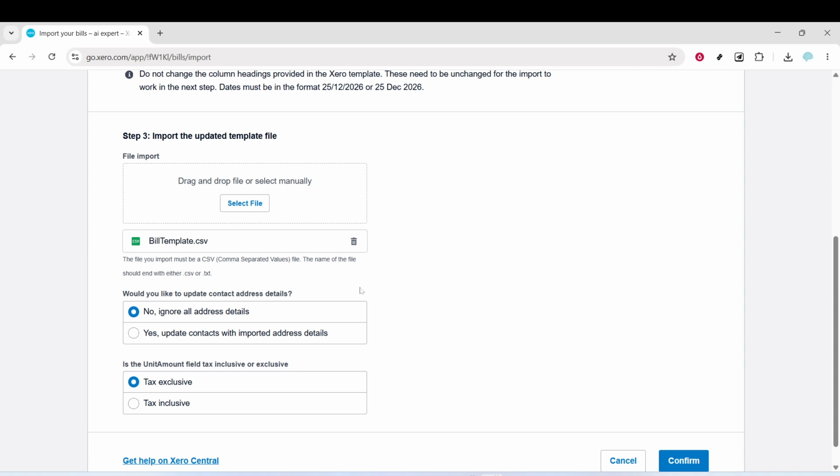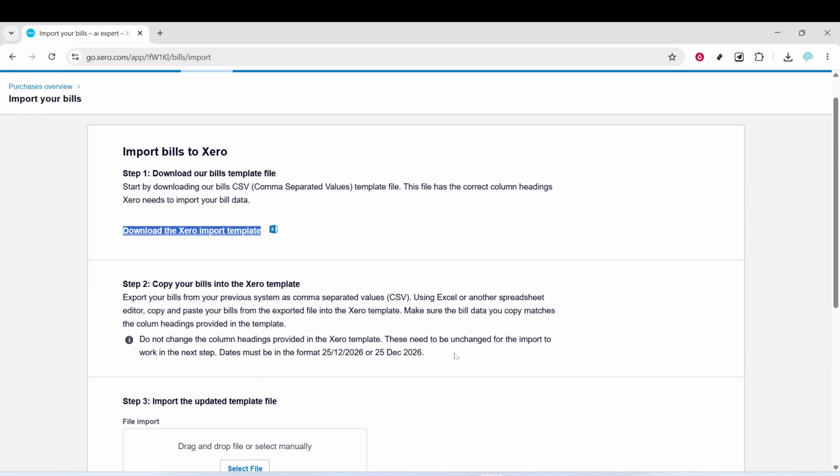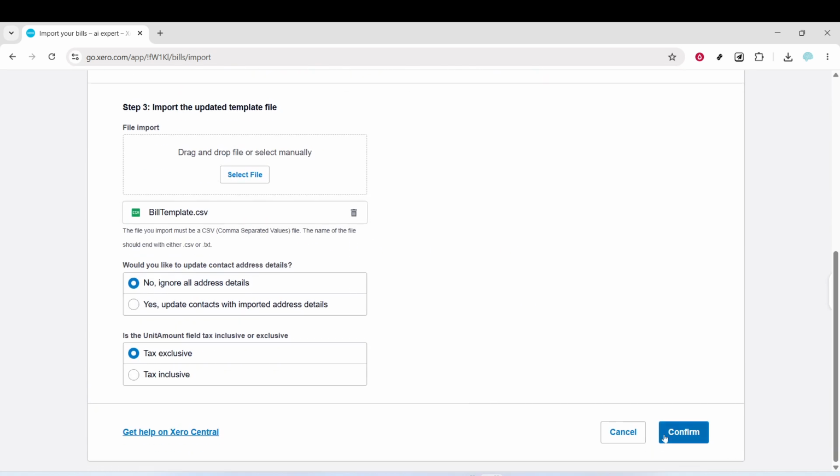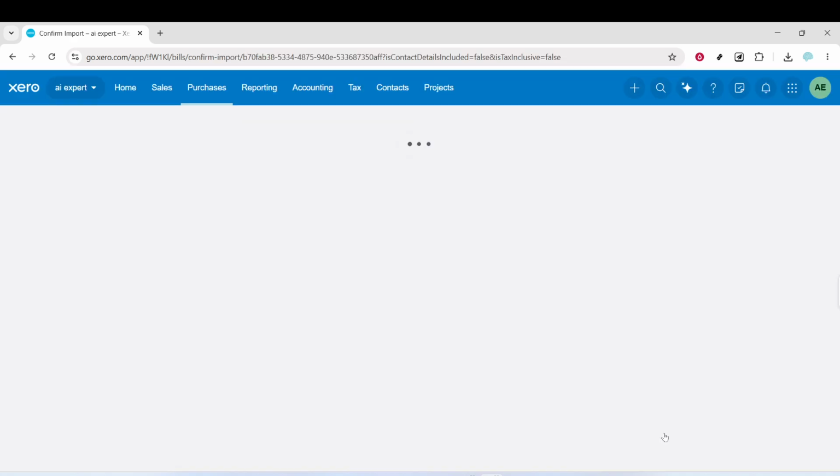Now, enter the supplier bill details into the template. Add each bill as rows of data, filling out the information exactly as it appears on your bills. Use supplier names that match the existing contacts in Xero to prevent duplicates. Enter dates in a consistent format supported by your Xero region, and type numbers as plain values without currency symbols